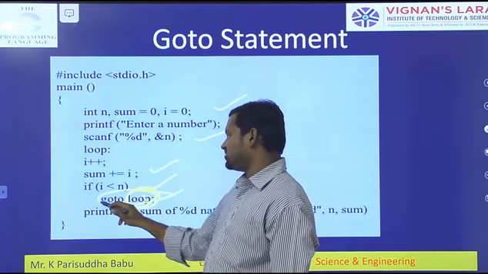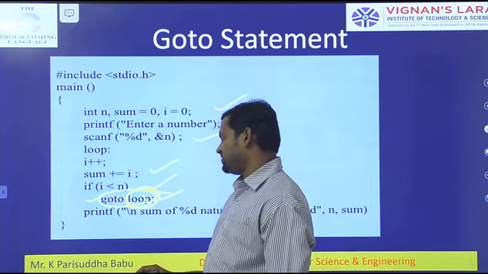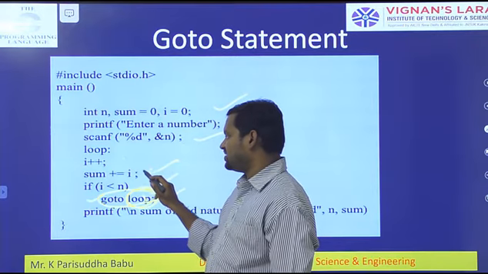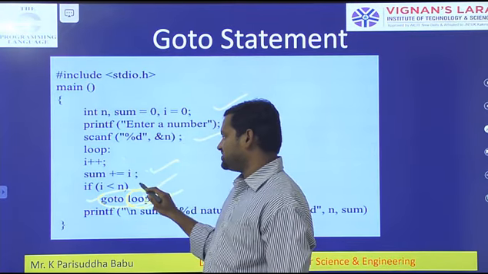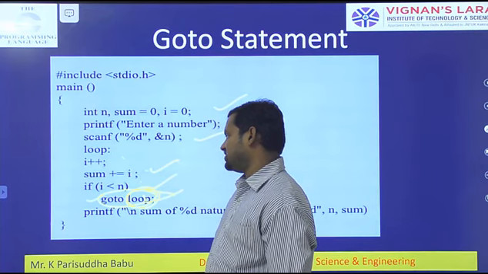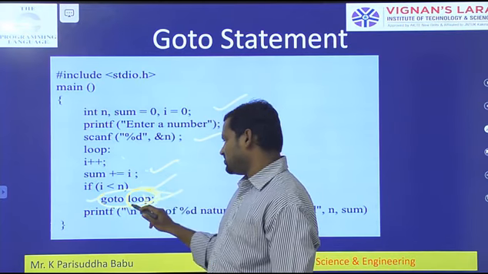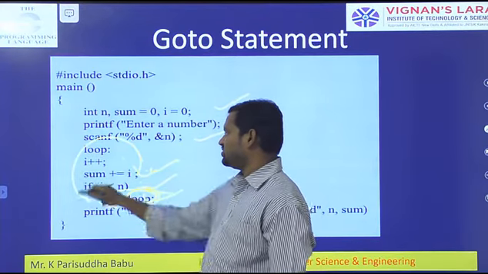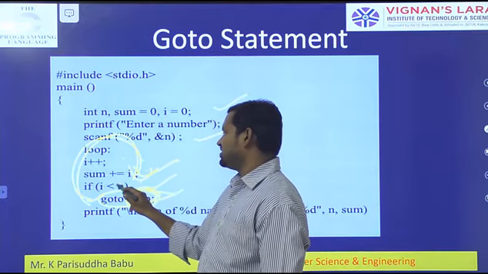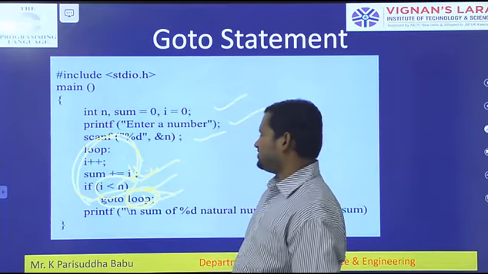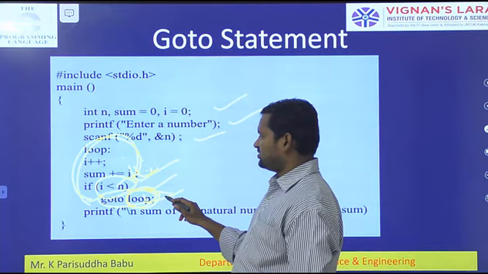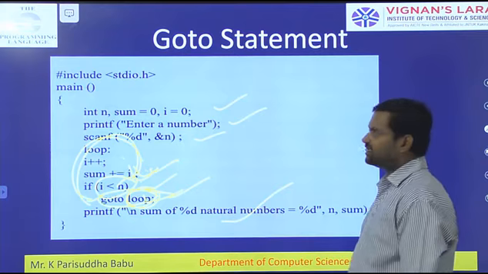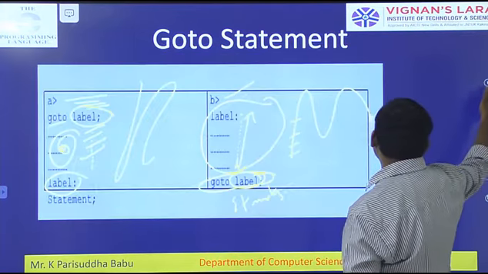After the go to statement is encountered by the compiler, the execution goes to the label here. i is incremented by 1, sum is equal to sum plus i, and it automatically checks if i is less than n. It keeps going to the label until the condition fails, then skips the jump, and sum is printed. So this is the example of the go to statement.